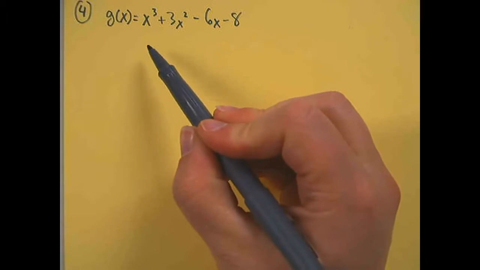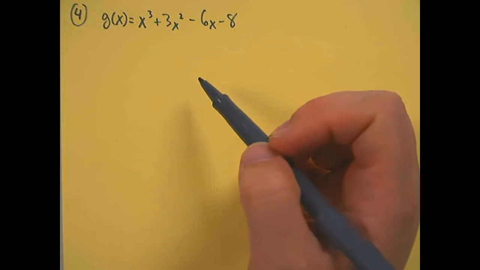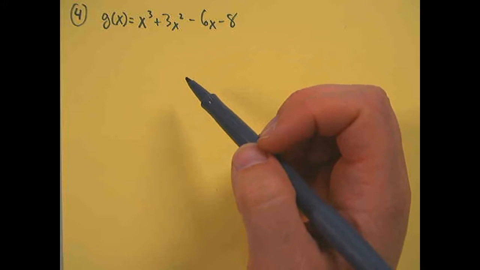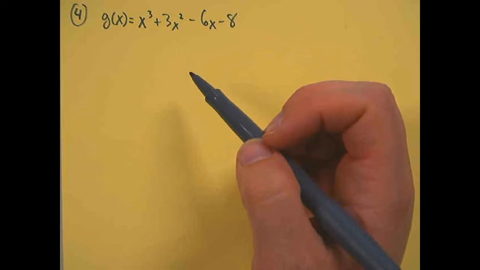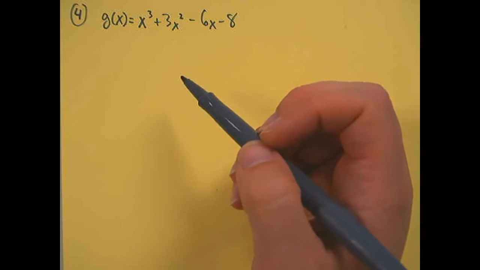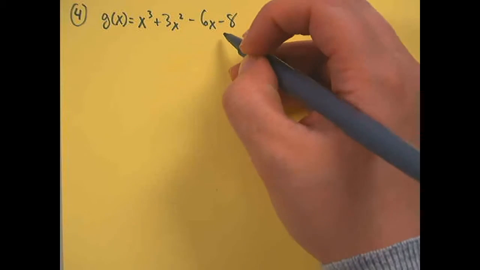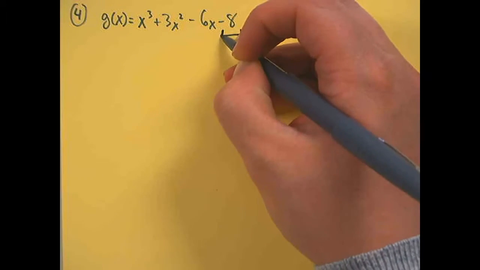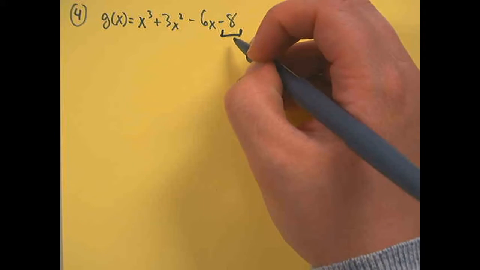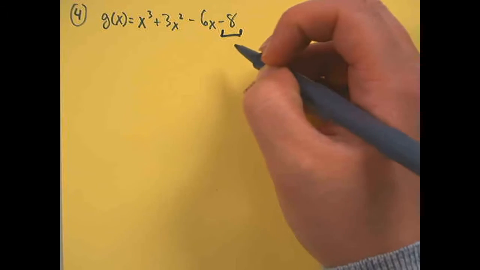We have g of x equals x cubed plus 3x squared minus 6x minus 8. And we are asked to find all possible rational zeros for each of the functions and then determine which ones of those, if any, are actual zeros of the function. So to find all possible zeros, the first thing we want to do is take our constant term, and we're going to list all the factors of the constant term as the numerator